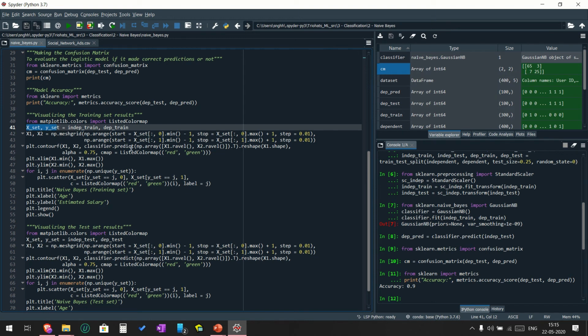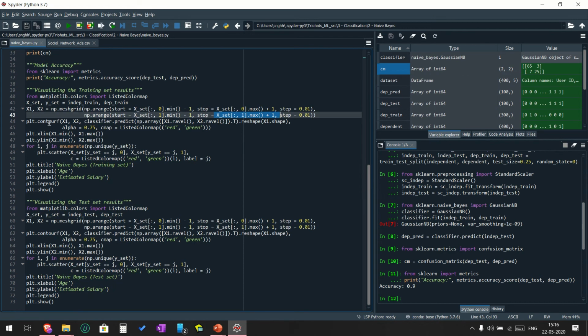This is the first 1D array and this is the second 1D array. We are using the contourf plot, which is used to show a 3D surface on a 2D plane. So we'll use the x1 and x2, which have been stored earlier, and we'll use the predict method. And this ravel is a function which is used to create a contiguous flattened array.